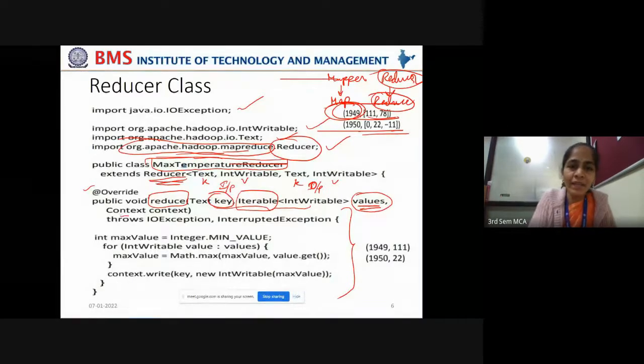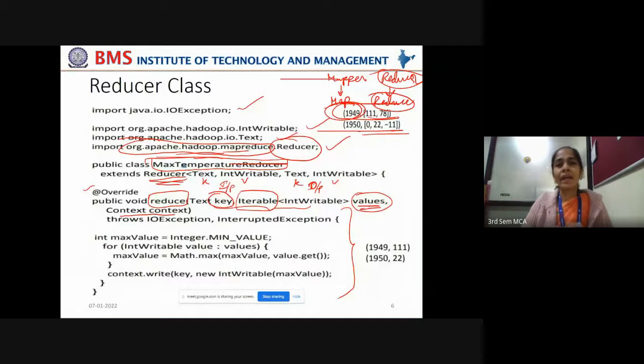And finally, you should also declare a context object, because the maximum air temperature recorded in a year has to be packed into the context object and further passed on to the client as a result. The key value pairs will not be passed separately, but are packed into a context object and then passed, so that the consolidation of the final result will be easier for the reduce phase.